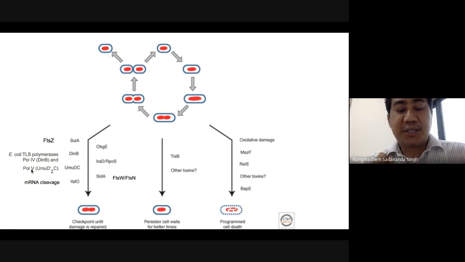Why it is important here is that these polymerases, polymerase 4, which is DinB, and polymerase UmuDC, are error-prone polymerases. So they can bypass the DNA lesions so that DNA synthesis or replication carries on. It doesn't bother whether there is an error. It's just looking at the survival of that cell. So SOS response induces error-prone